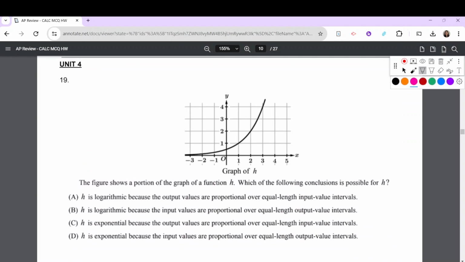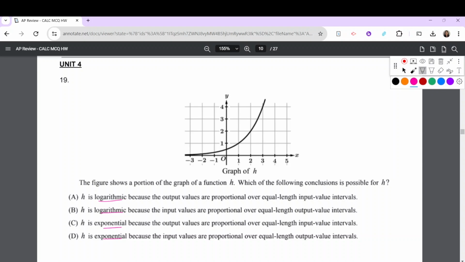All right, unit 4. We have a graph of h. Which of the following conclusions is possible? So we're looking, is this logarithmic or exponential? Okay, I think we can look at this and see that it's pretty exponential, but we really need to look